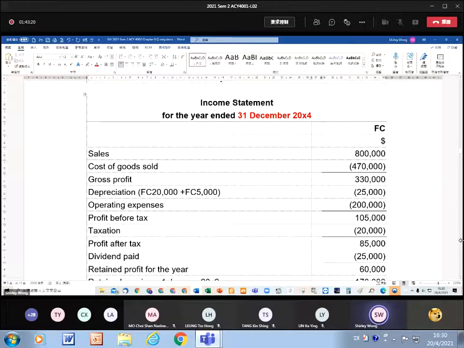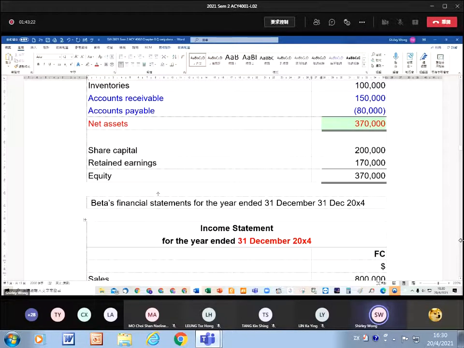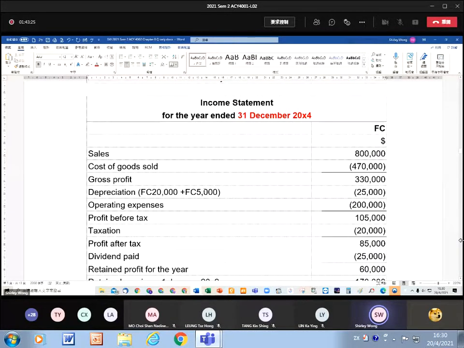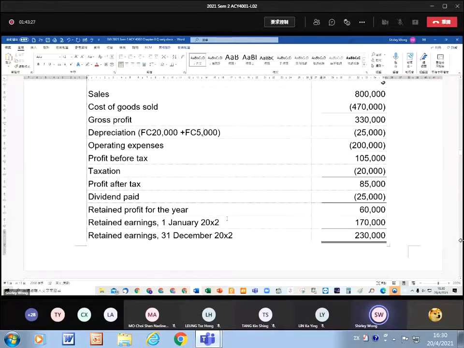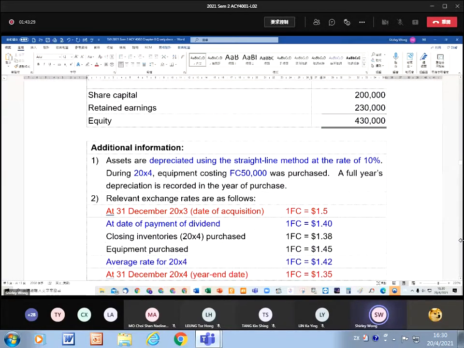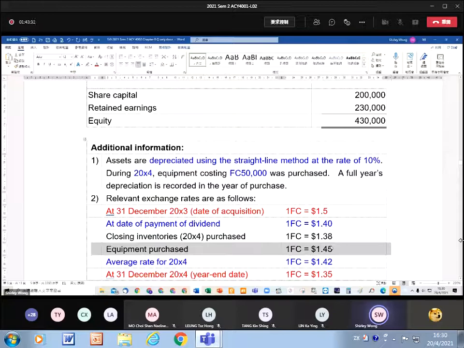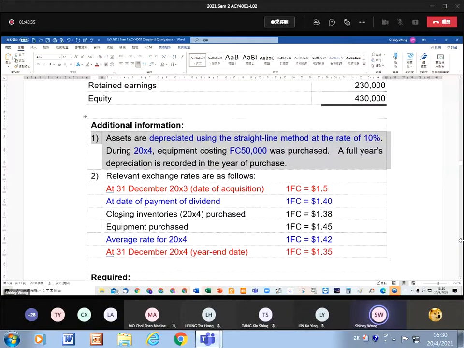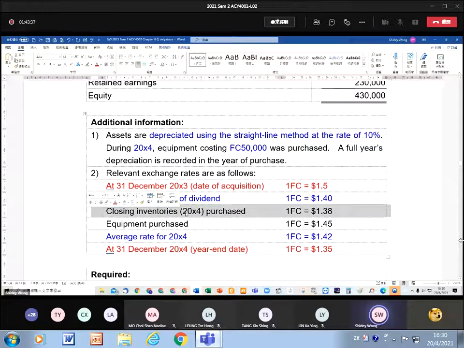One is for the asset that exists at the acquisition date. The other is for the newly acquired asset, then you need to use the rate here. You need to use the 1.45. Okay, 咁呢度就係唯一要處理嘅嘢嘅啫。